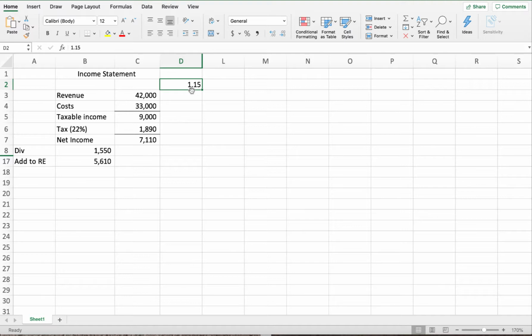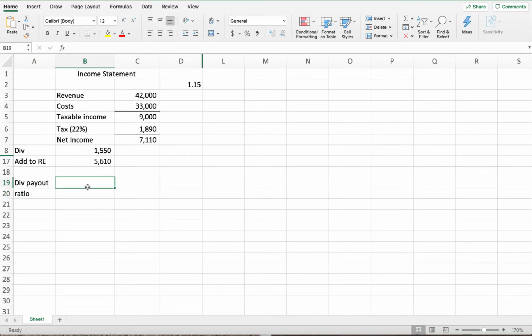What we need to do is prepare a pro forma income statement, assuming that costs vary with sales and the dividend payout ratio is constant. They don't give us the dividend payout ratio, right? So we need to figure that out, and it's very, very easy to figure out. So to figure out the dividend payout ratio,